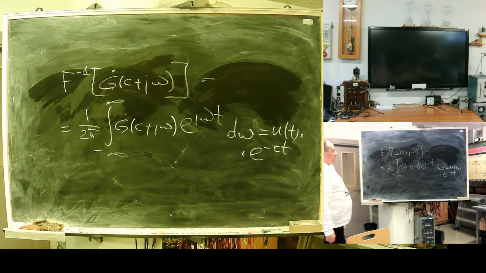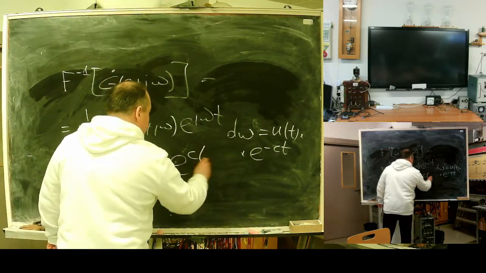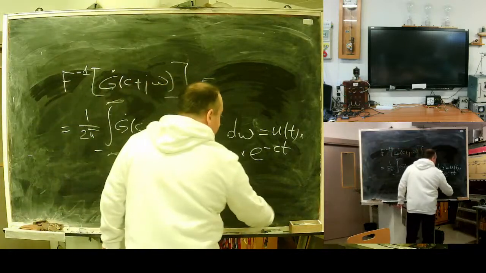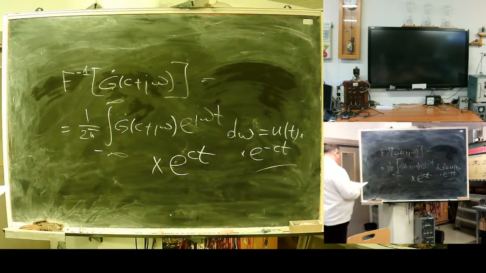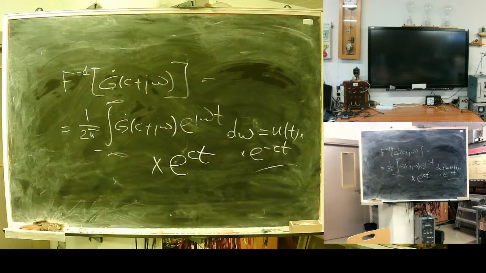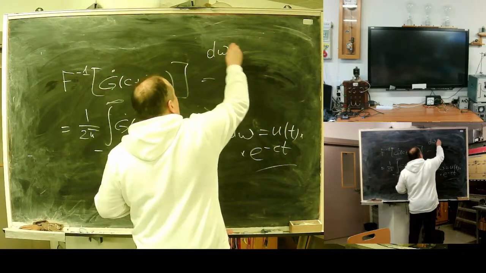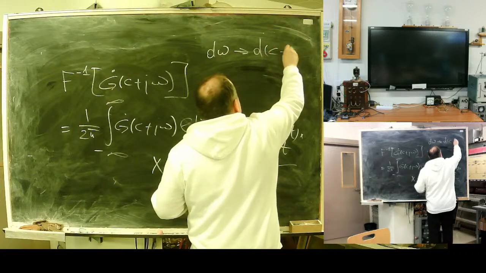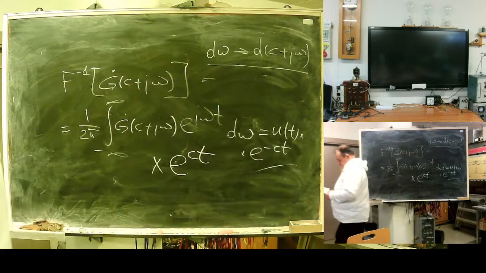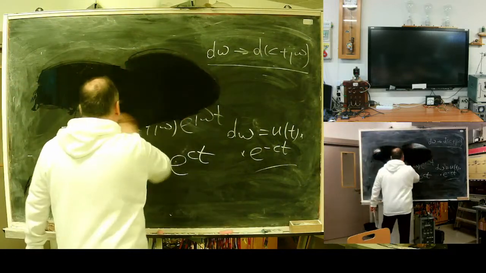To get rid of this, I need to multiply everything by e to the power ct, to eliminate this term. Also, to simplify life, I need to change from ω to c plus jω. This will help me. This allows me to obtain